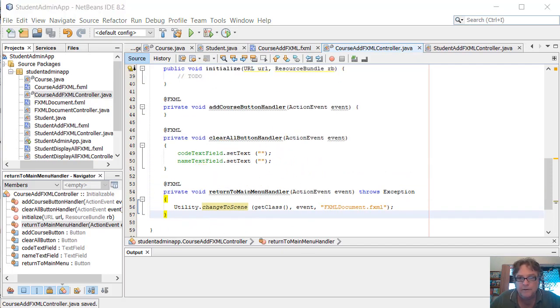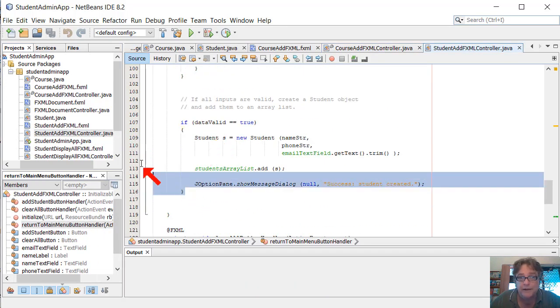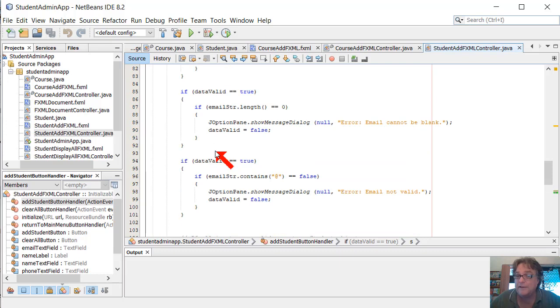Now we're going to do the validation. So we're going to validate course code and course name, and it's very similar to what we do with the student add. So we're just going to copy all this code here. Even though this isn't the ideal way to do things, I talked about that in a prior video. We should be doing all the validation in the data class and using our own exceptions, but we haven't gone that far yet, so I can't show you those techniques just yet. So we'll do it this